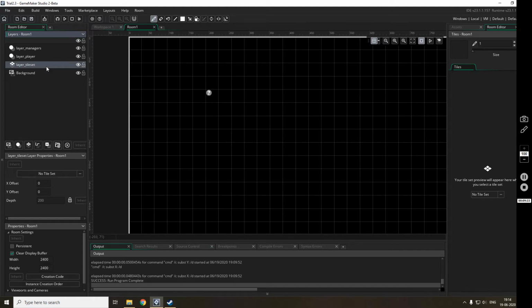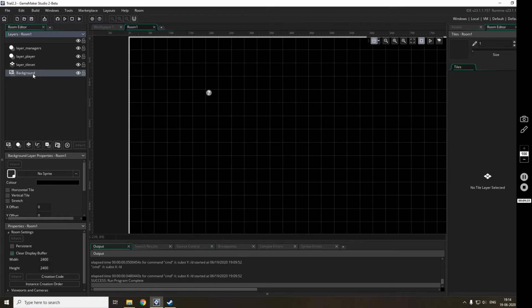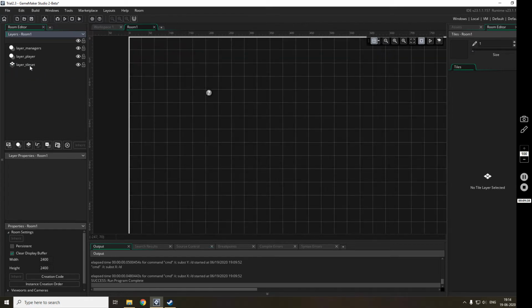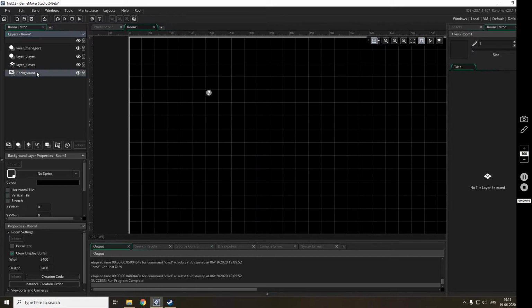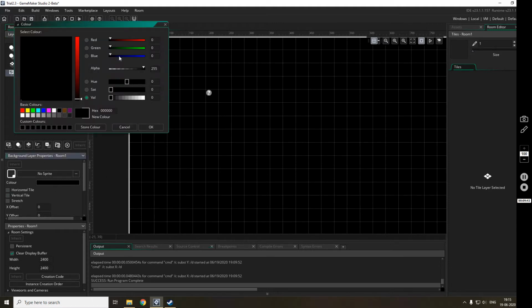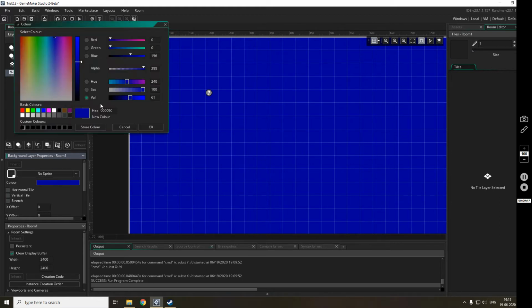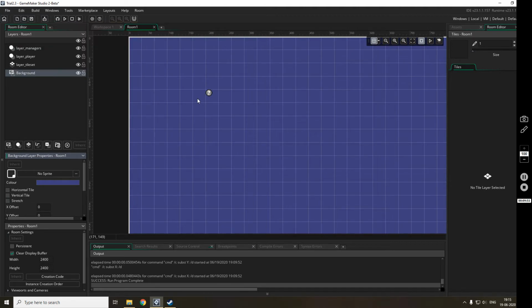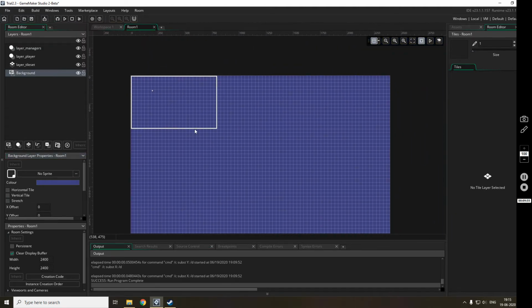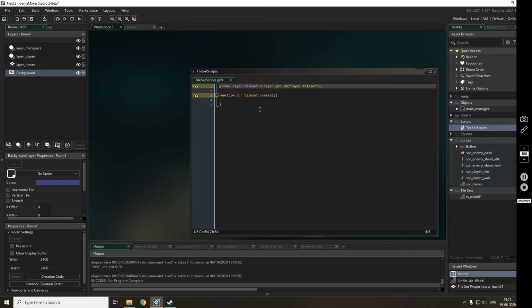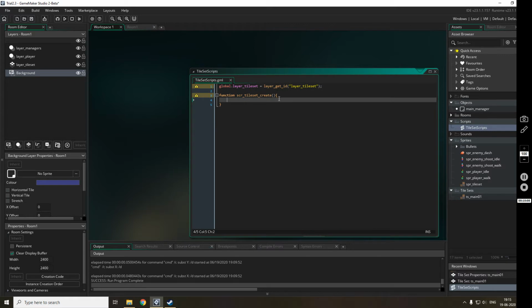So the tile has to be in the background, and we don't actually need this background layer now, since the tile set will cover everything. But I will give it another color, and I'll just reduce the saturation. Yeah, maybe this is okay. So if there is any problem, like our tile map leaking somewhere, we will be able to see this color and know. Now SCR tile set create.